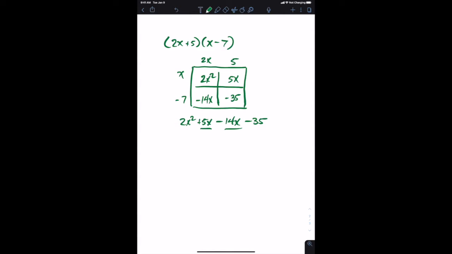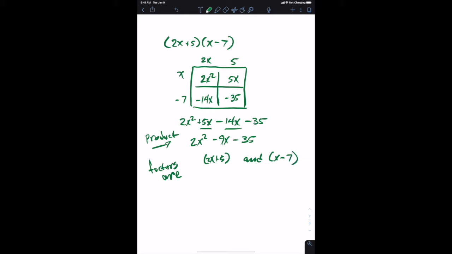5x plus negative 14x gives negative 9x. And so we can rewrite this product of two binomials into what's called a quadratic trinomial. Quadratic because the variable x is squared. 2x squared minus 9x minus 35. This is the product, and if that's the product, then that means that the factors are 2x plus 5 and